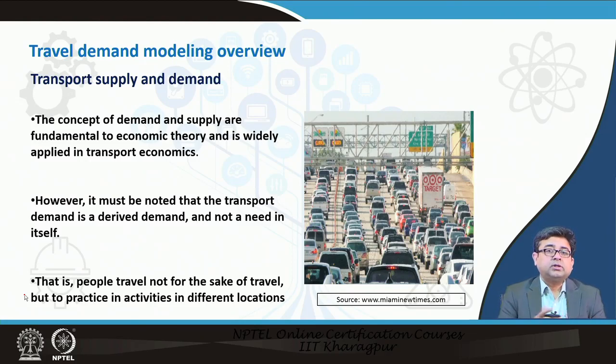Now, when you talk about the demand side of things, you have, for example, n kilometers of highway, but how many actual vehicles are there in your city that will use these highways, and for how much time will they use it, or how many kilometers will they drive. So, you have to know both. It's easy to know the supply side because it's either existing or it is planned.